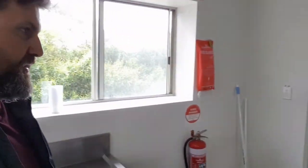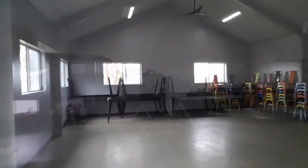The doors are actually locked on this side. But there's another room in there, enough for catering or enough for more people. So I'm guessing they use it also for catering for people as well, if they have a party or something, I guess, I don't know. But it's pretty impressive stuff. I'm just about to finish in here, so I'm just turning off the lights. Squeaky door. But it's actually